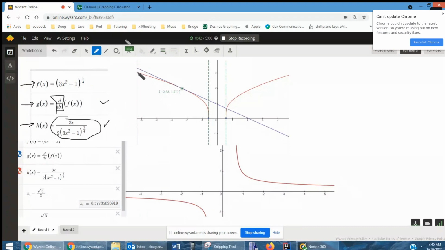This graph at the top is actually the graph of f of x. And this happens to be a tangent line to that graph. And we'll see in a little bit how that tangent line is created on Desmos. But